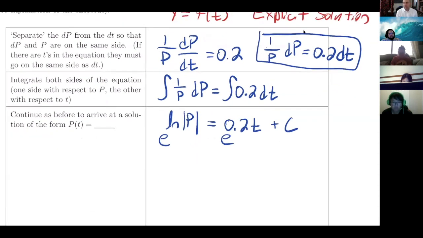And I just want to make sure that p could be positive and negative, when we integrate 1 over p, we usually have the natural log of the absolute value of p. Because we're working with a population here, p is representing a population, it's safe for us to assume that p is positive in this case. So in this case, we would get p is equal to e to the 0.2 t plus c,